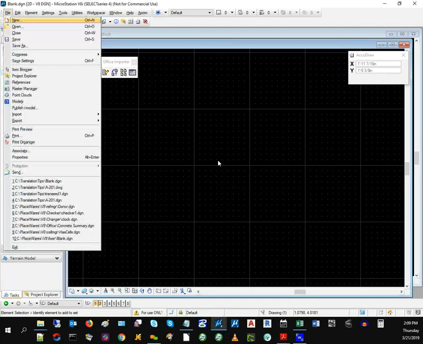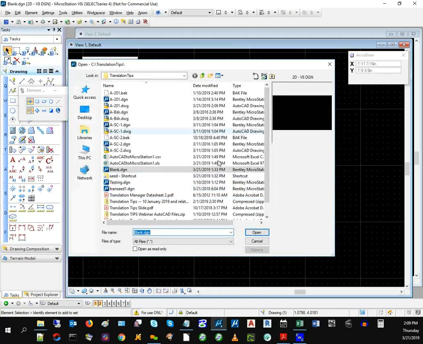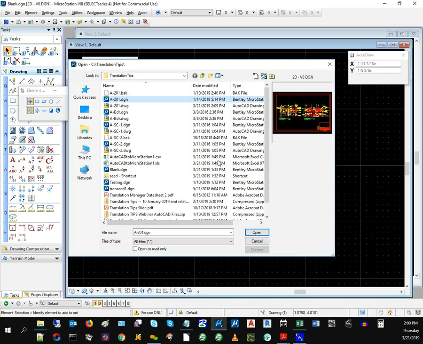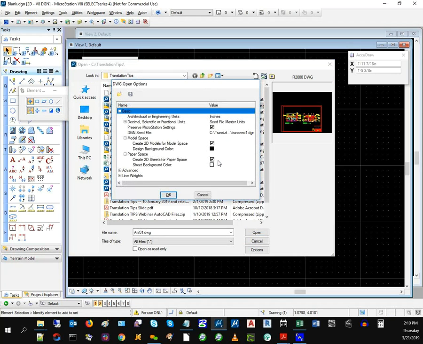And now I'm going to go to the File menu and go Open, and I'm going to select a DWG file. And notice at the bottom here of this dialog box, there's an option button. If I click on the DGN file, notice the option button is grayed out. When I click on DWG, it is accessible. So this is where I can set things to make sure that when I open a DWG file, with the intention of translating it out as DGN, it's going to come out the way I expect it. So I'll click Options,